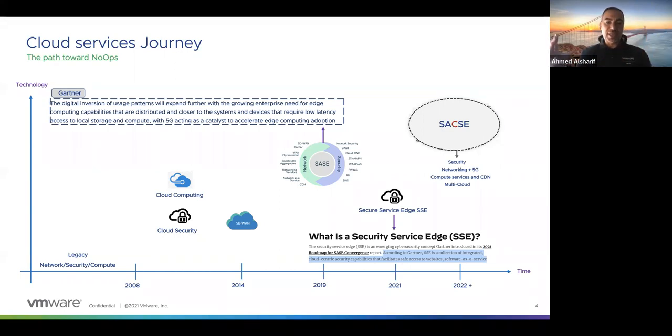So having this journey in front of us, now we know SASE, we know SSE, where VMware fits within the whole thing. Here's where VMware fits within this journey. We have everything that is required to provide SASE. We have the compute experience, we have the networking and security, and we are working on the 5G private and public as well to provide connectivity to the private campus, and then in the future integrate that 5G with the public providers. And we have the CDN, content delivery network, and we have the multi-cloud.